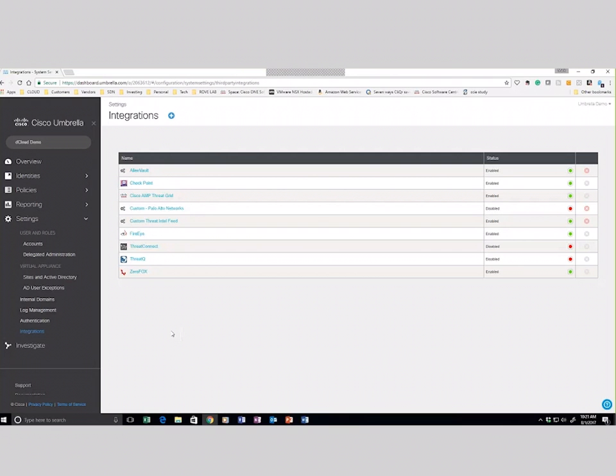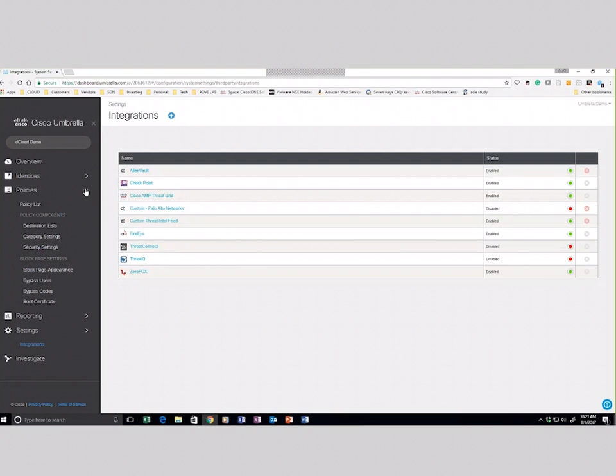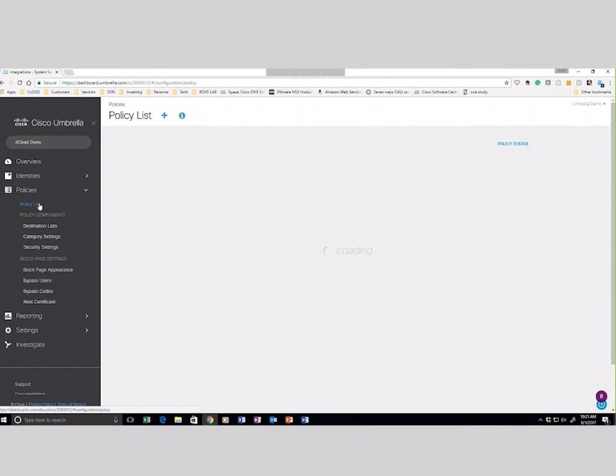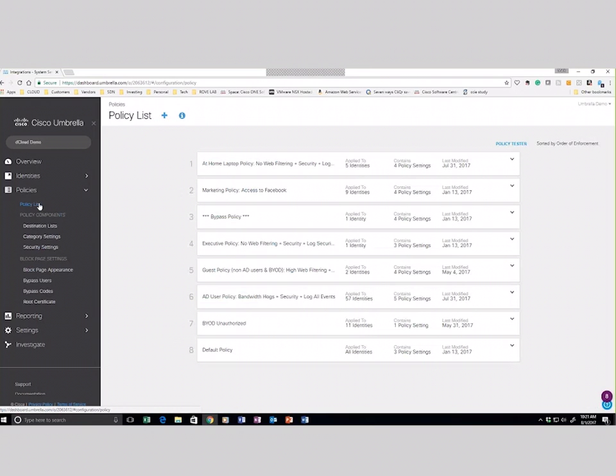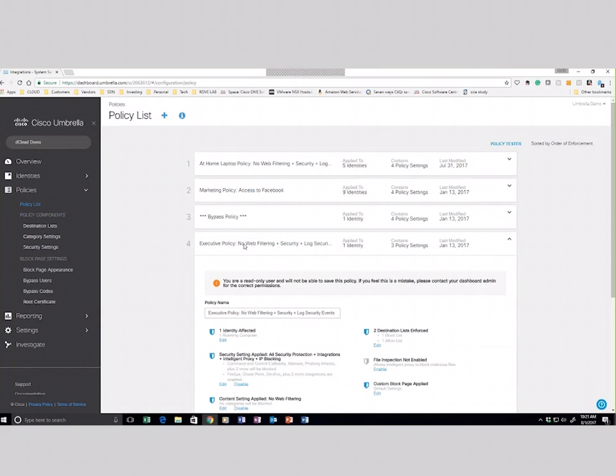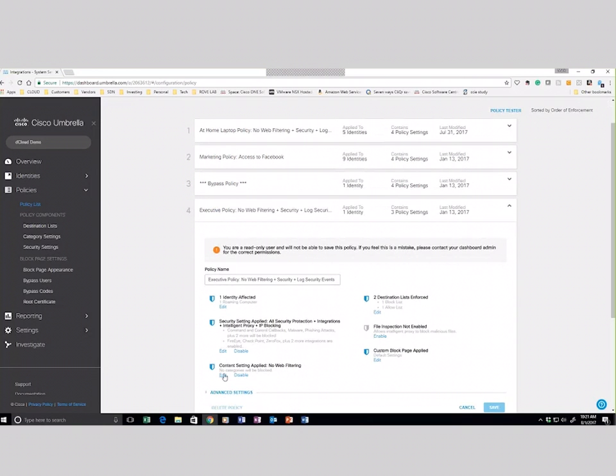So let's look at some of the policies that you can define within the dashboard itself. So if we look at policies, we go on the policy list. These are some of the predefined or some that were custom defined within the platform. So we could take a look at the executive policy for no web filtering. So there's a couple components in there that we could take a look at. So we can limit some of the content. So if we look at edit,